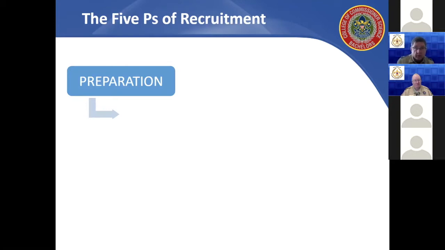We have to prepare to ask. We're going to talk in more detail about what each of these steps mean, so I'm not going to explain in great detail right here on this slide. We need to prepare. We're looking for someone that has passion, and we'll dig into that. I almost was going to start talking about passion in some of these steps. We'll talk about it in a minute and what that means. Passion: an individual needs to be passionate and have passion for scouting, or at the very least passion to help others.